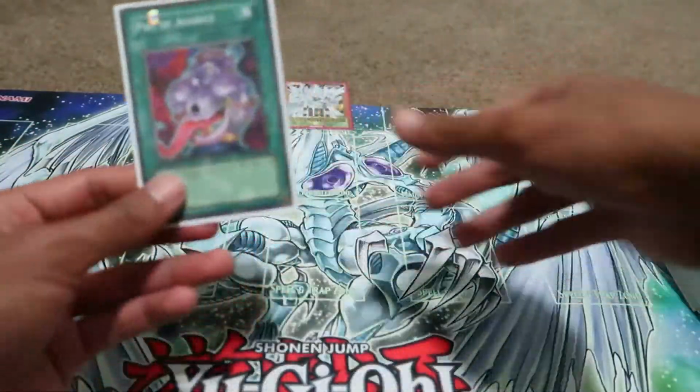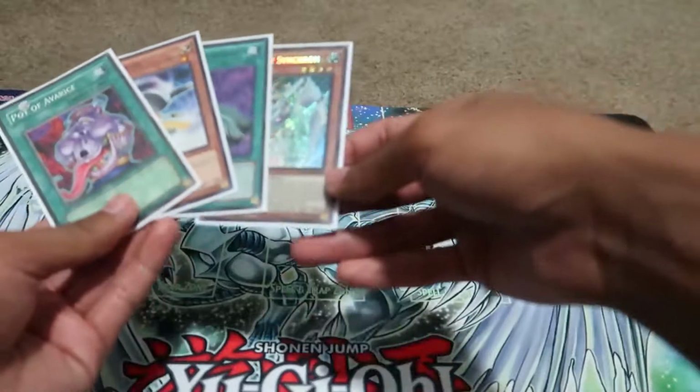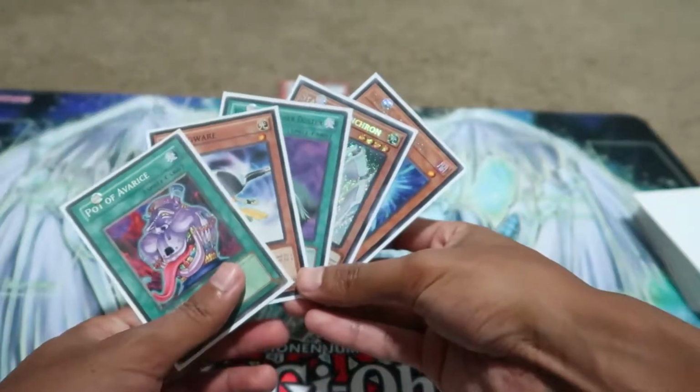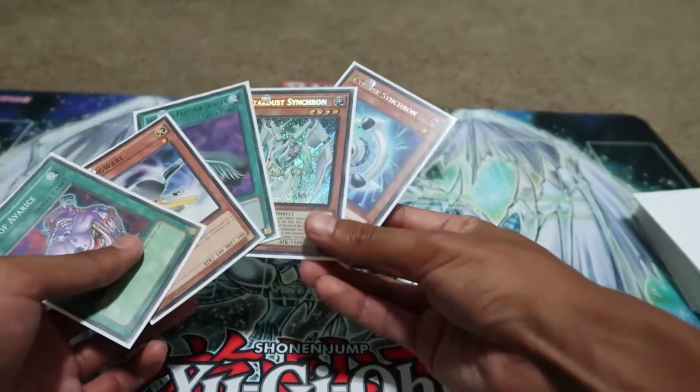Okay, so deck is all shuffled. Draw the cards. Pot of Avarice, I have no use for that. Might have opened my mouth a bit too soon. So right there, that is a dead hand that I really can't...